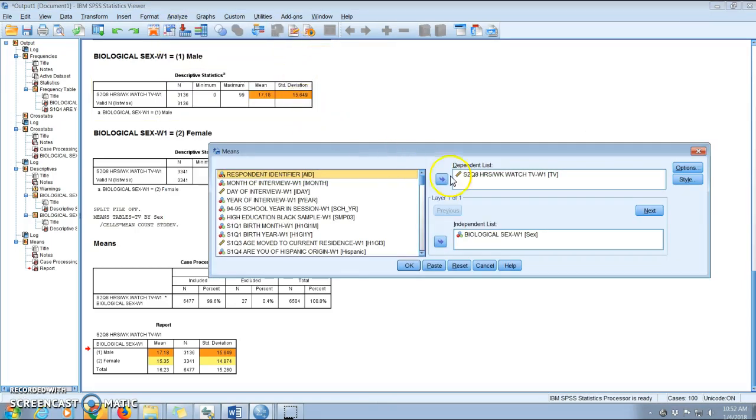So we do compare means. And you can see down here in the independent list, there's room to put in other variables. So we're going to find Hispanic and put Hispanic in here as well. And it will actually do